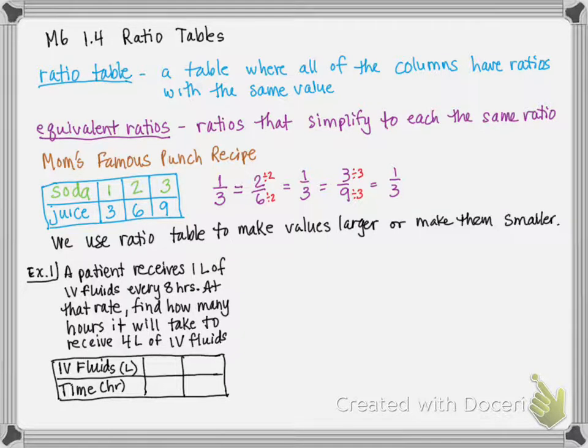So the original problem talked about 1 liter every 8 hours. So those are the 2 numbers that I'm going to put into my table. And then it mentioned find how many hours it will take to receive 4 liters of IV fluids. So the 4's got to go on the top with the other fluids. So now what I have to do is think, how do I get 1 to become 4? Well, 1 times 4 is 4. So I'm going to do that to the 8, multiply it by 4, and 4 times 8 is